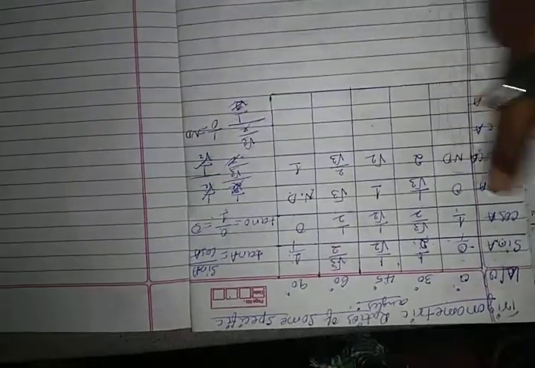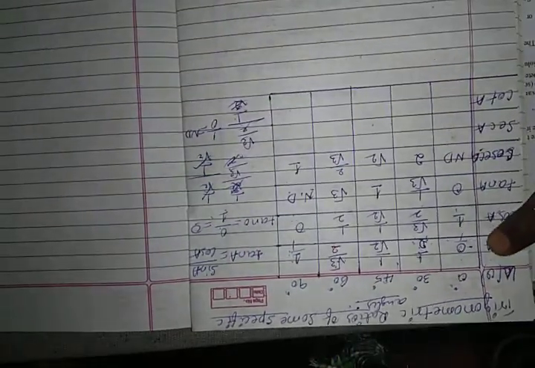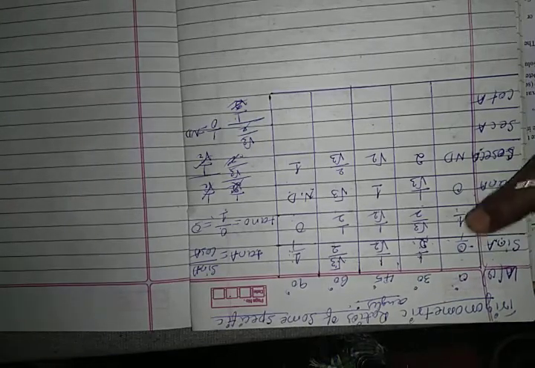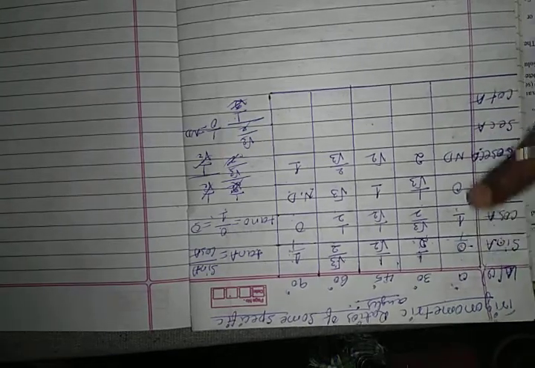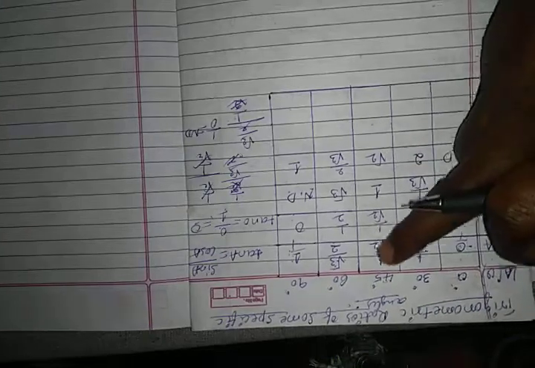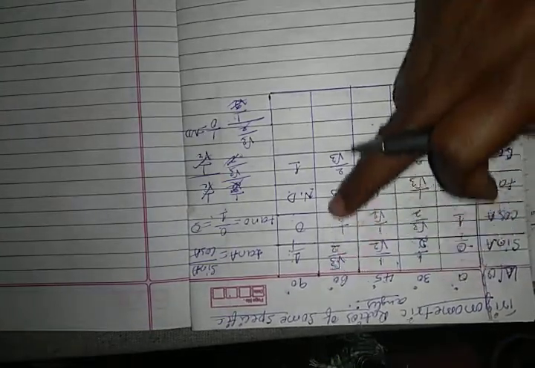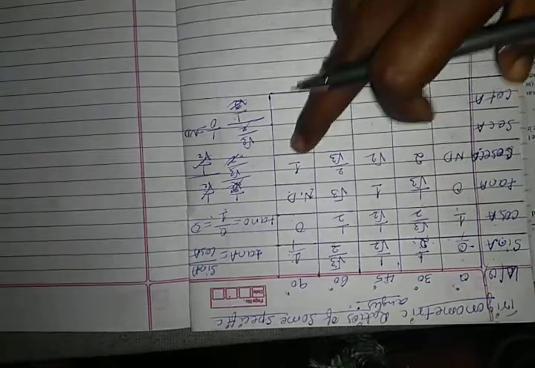So cosecant value is reciprocal of sine. Sine reversed. 0 by 1 is not defined. 1 by 0 is not defined. 2 by 1 is 2. Root 2 divided by 1 is root 2. 2 divided by root 3 is 2 divided by root 3, and 1 by 1 is 1, like that.